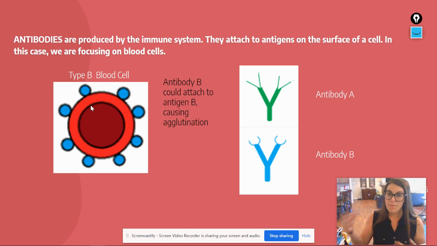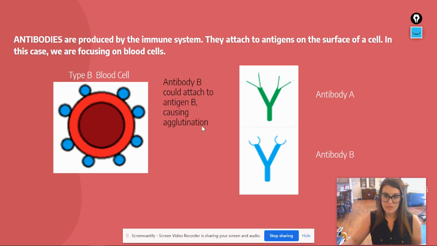Well, you have to make the opposite. Okay, you make the opposite antibodies for the antigens that you have. If you made the same ones, again, you would die. So someone with type B blood makes antibody A. Okay, so they can't get A blood in their system because their antibodies would attach to it